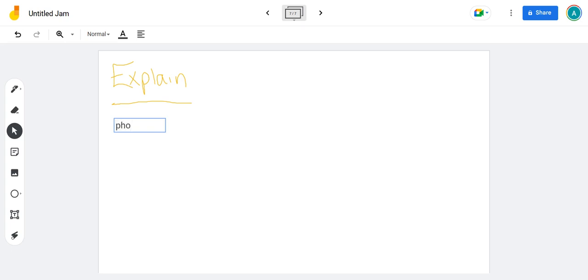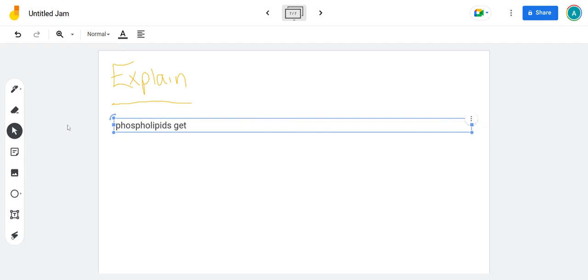All molecules get more energy when you heat them up, don't they? So as you increase the temperature, the phospholipids get more energy. Okay, so what that means, specifically kinetic energy,